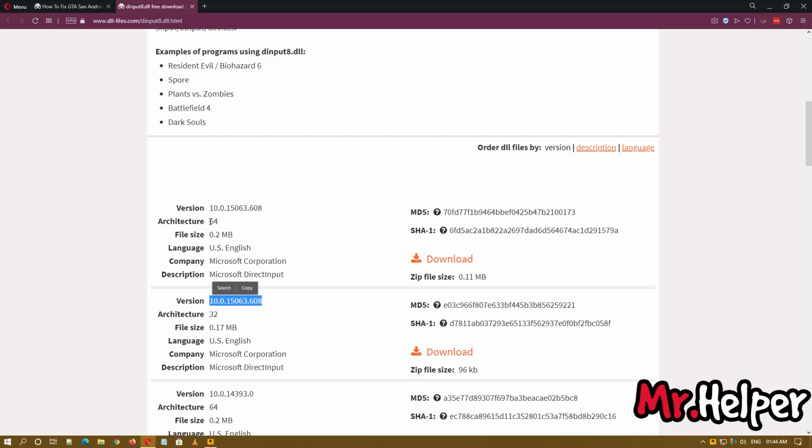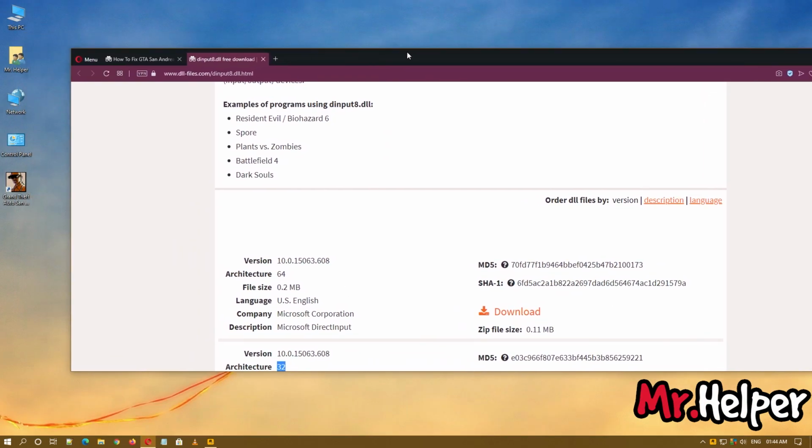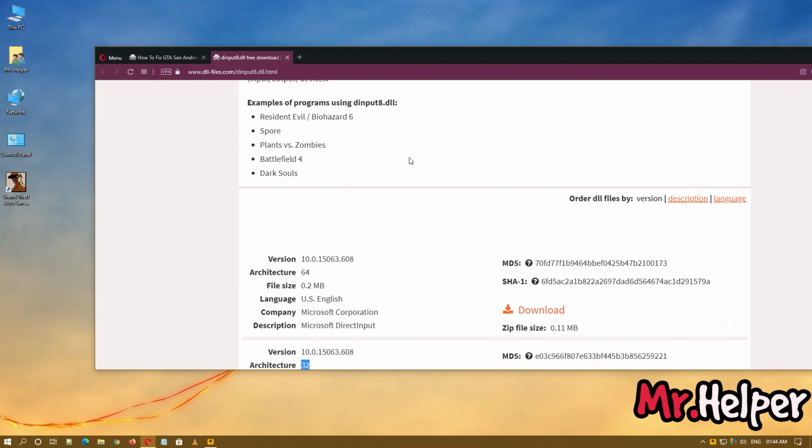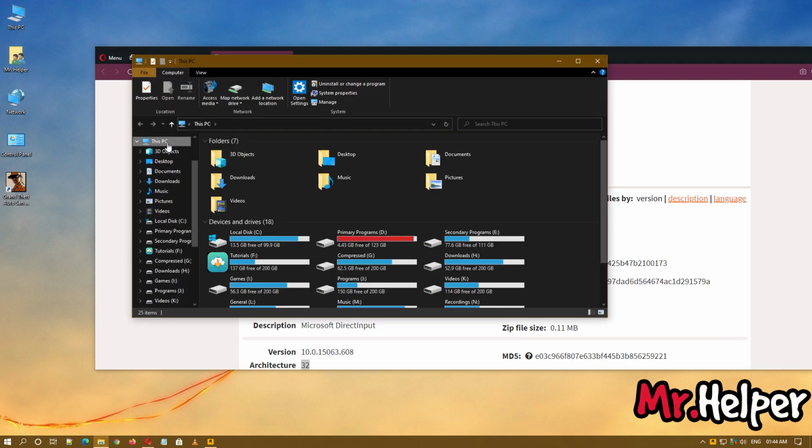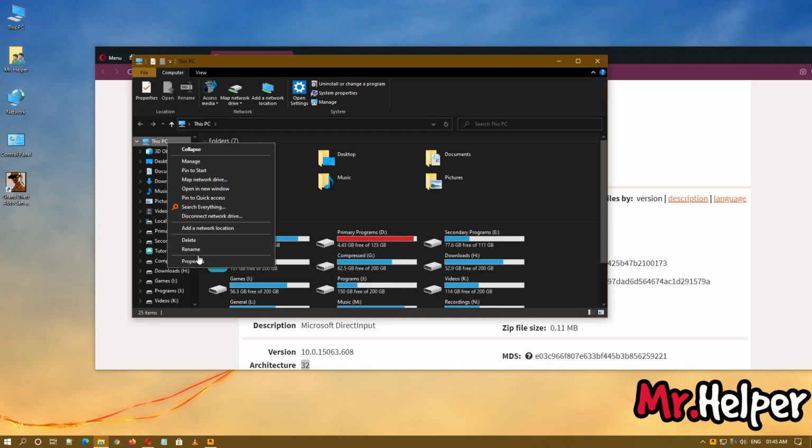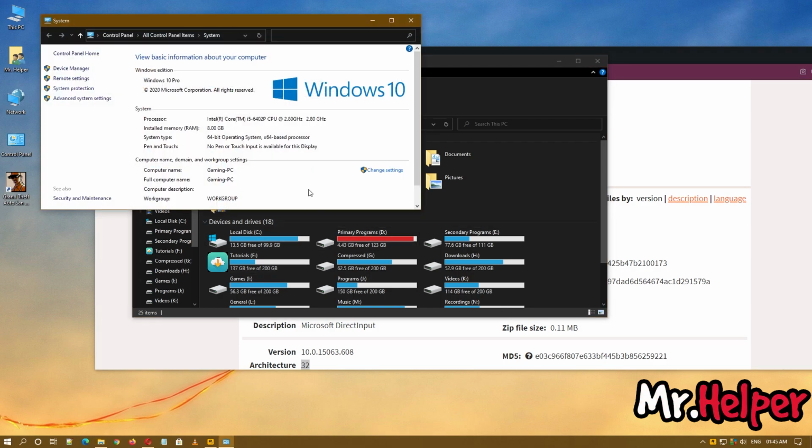In architecture you can clearly see this is 64-bit for 64-bit operating system users and this is for 32-bit operating system users. If you don't know how to find which system type you are using, simply open This PC, right click on This PC and click on Properties, and clearly over here you can see that I am a 64-bit operating system user.